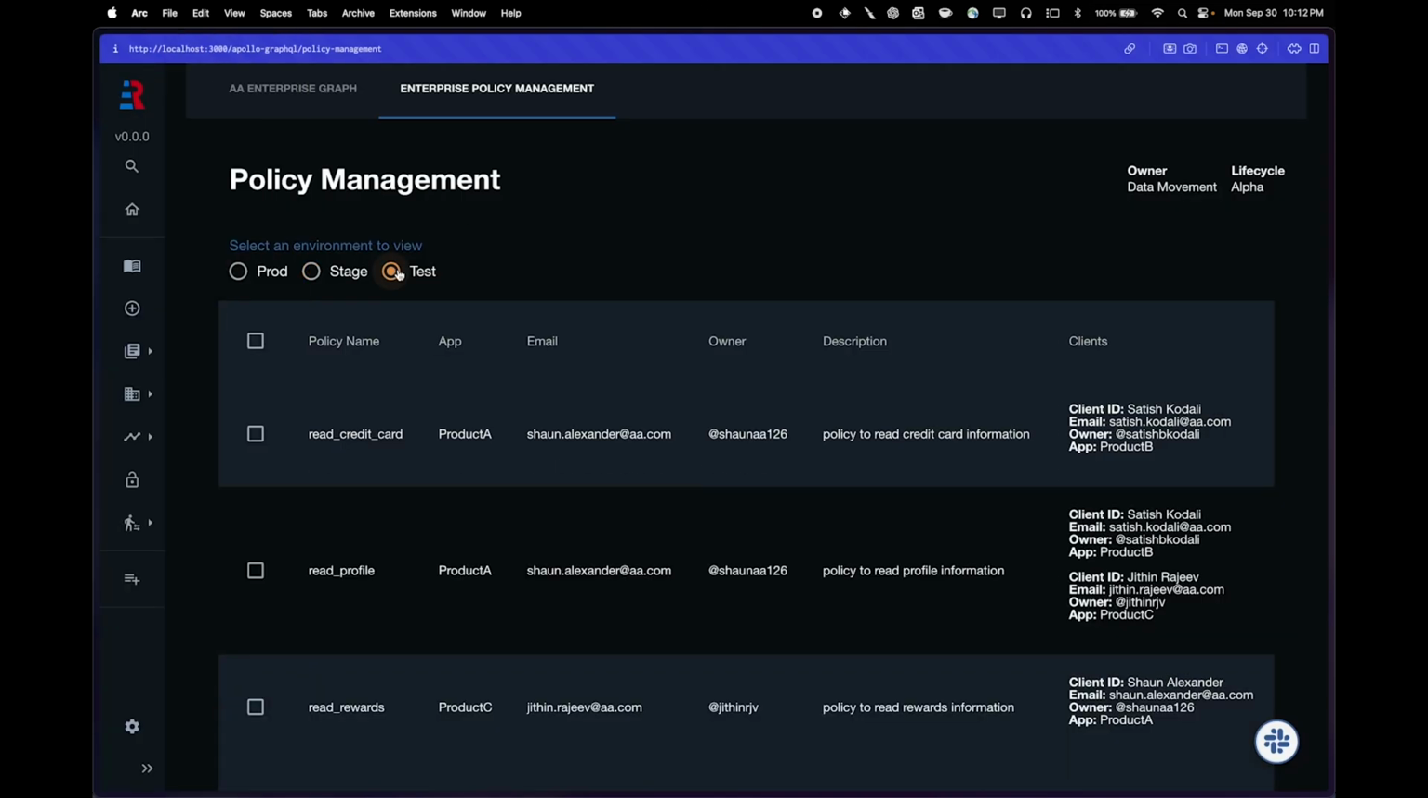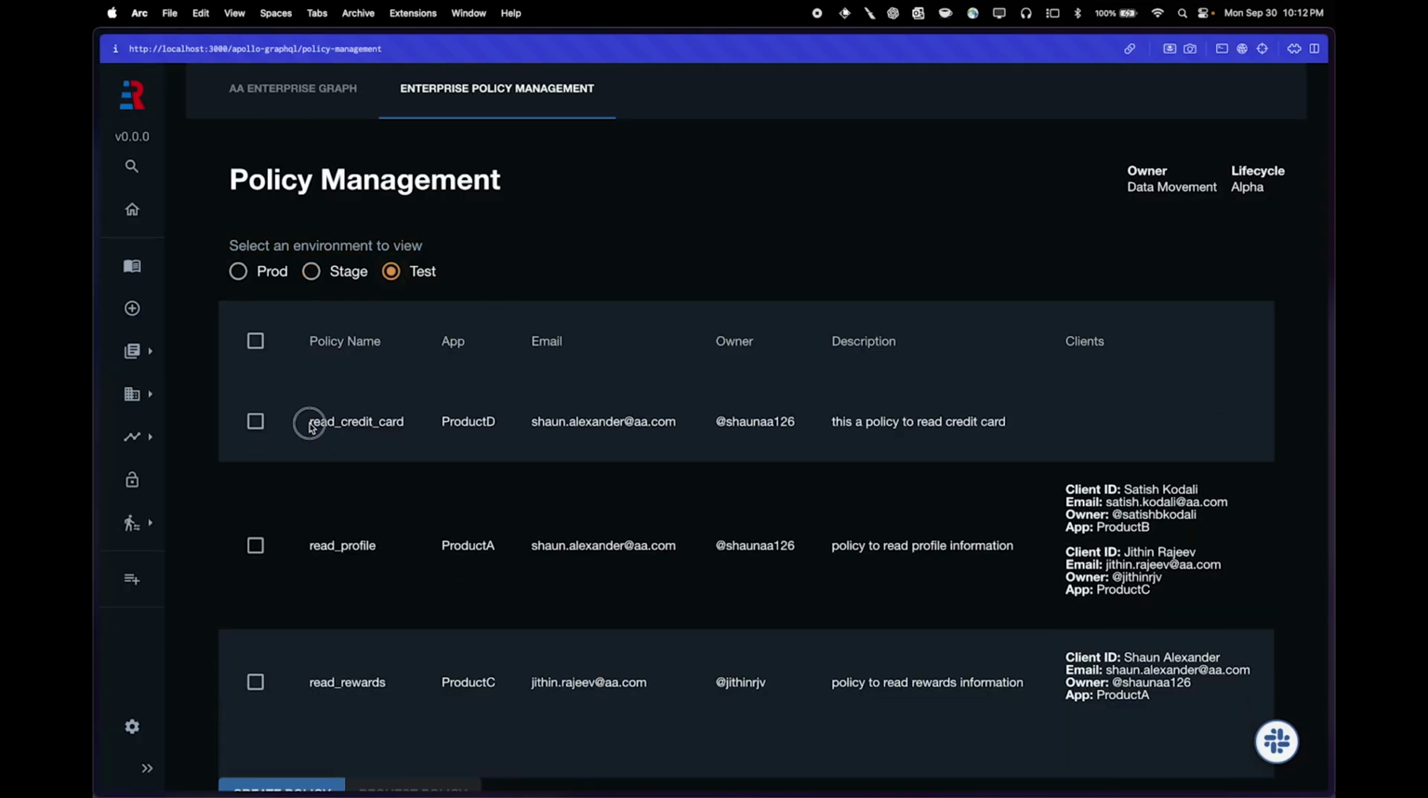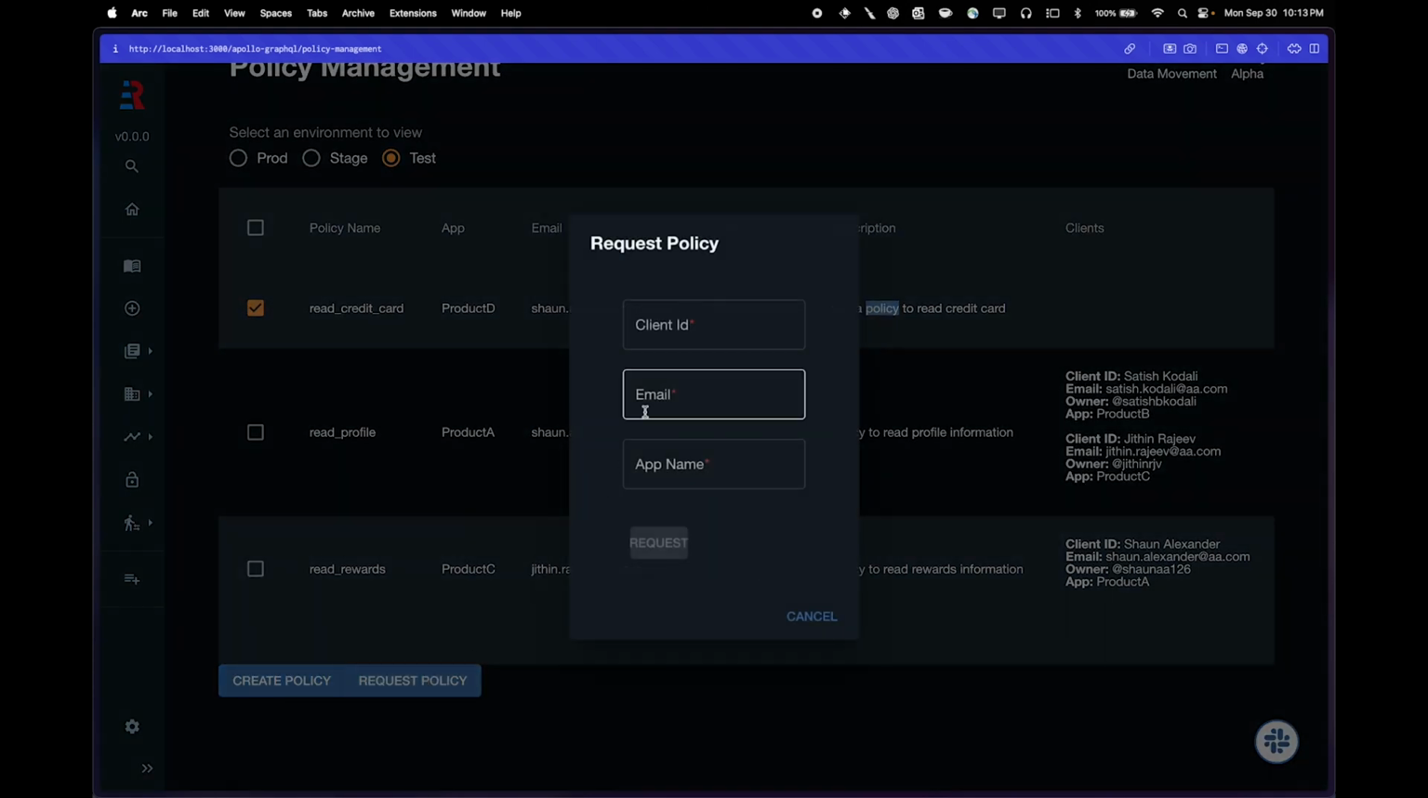So if I go back and query this test variant, I see that a new credit card policy has been published, with the owner being Sean Alexander and the description being read credit card. So we did not request access to this policy by requesting the policy and providing that client ID that we got from the JWT token. And I'm just going to use an example,